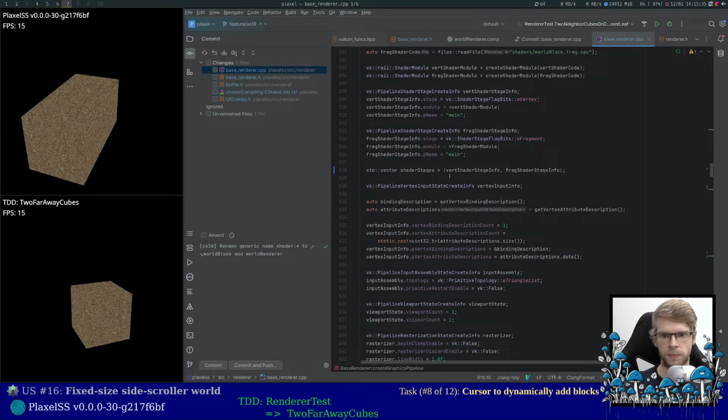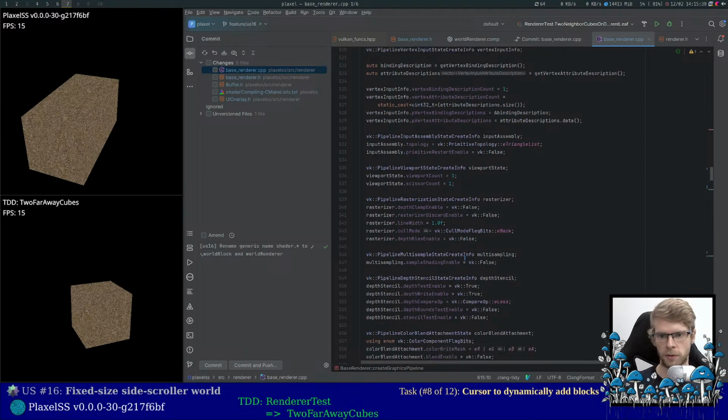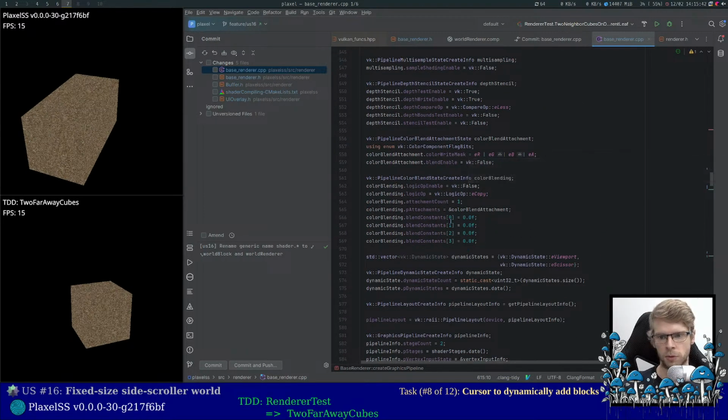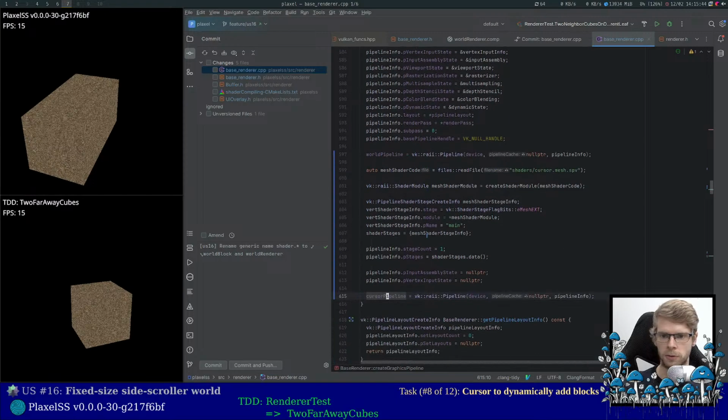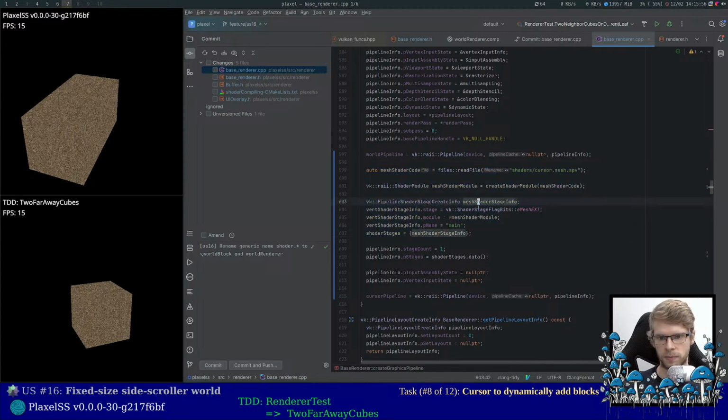A lot of the previous stuff also applies to my new pipeline, so I'm only doing the difference. So I have my mesh shader module, which will be my one and only shader stage,